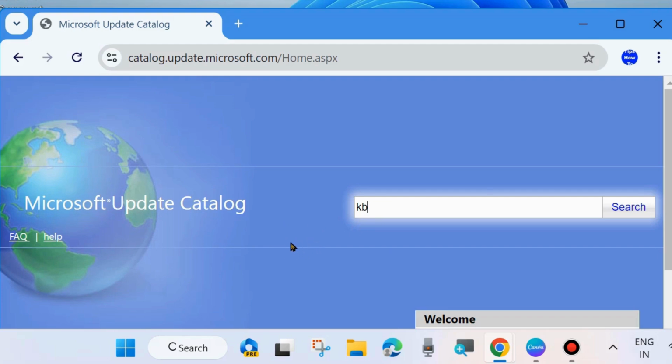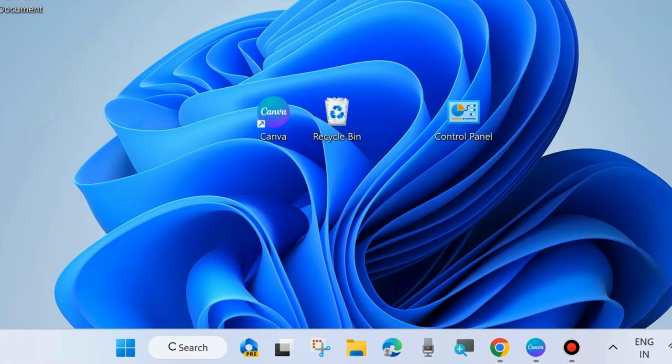If none of the above workarounds work, then manually download and install Windows Update and your error will definitely